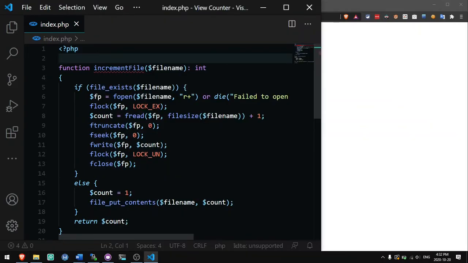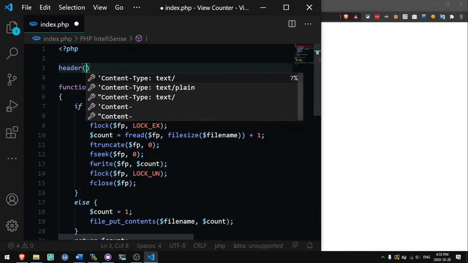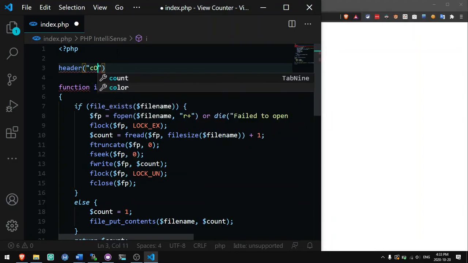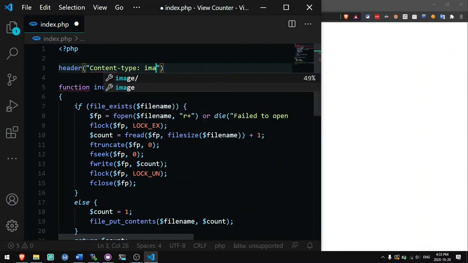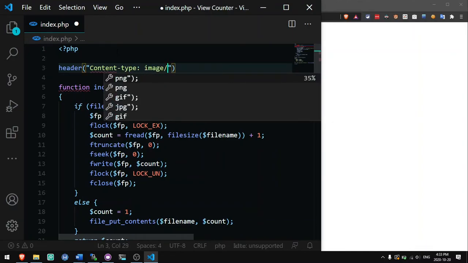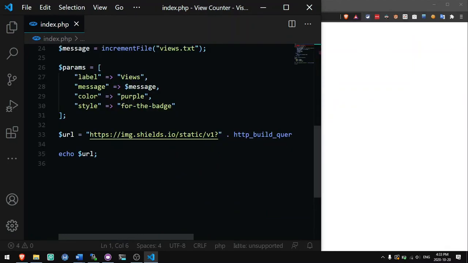So we'll need to set the header content type and set that to image/svg+xml. And then when we echo, instead of saying URL, we can say file_get_contents, URL, and